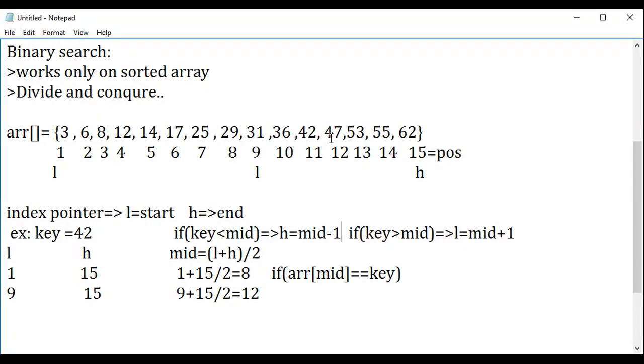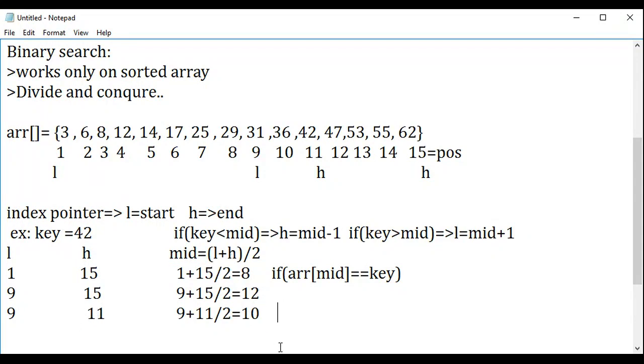Clear? This value is not equal to the element searched. So it is less than this. So move your pointer less than 1. So this is your higher bound and this is your lower bound. Now again do the manipulation: right now your higher bound is modified as mid minus 1. Where is your higher bound modified after this? Your higher bound has been modified here. Right now it is 11. So let me have here 9 plus 11 divided by 2, which is nothing but 20 divided by 2, you'll be getting 10. Again, I'll check.